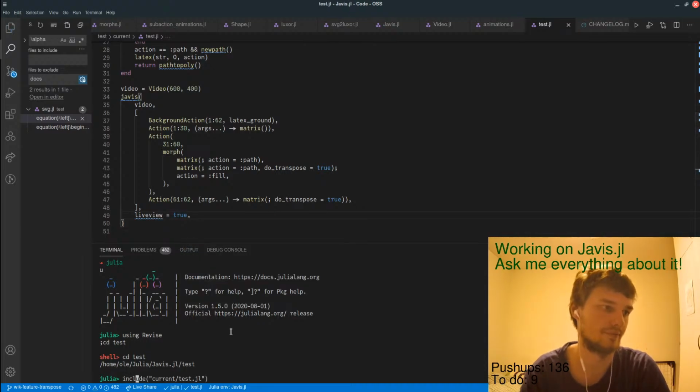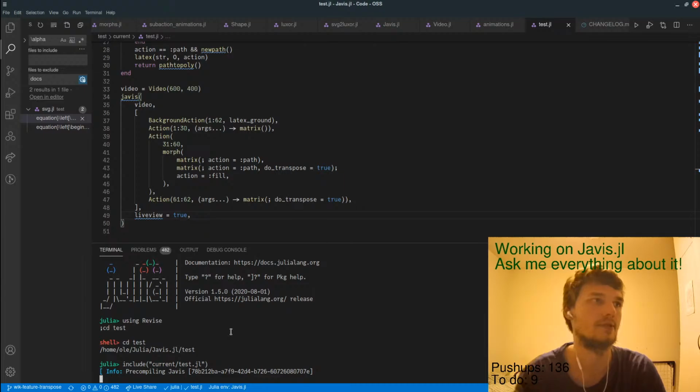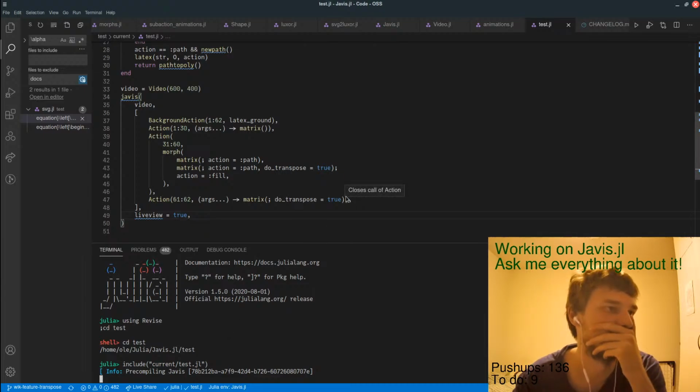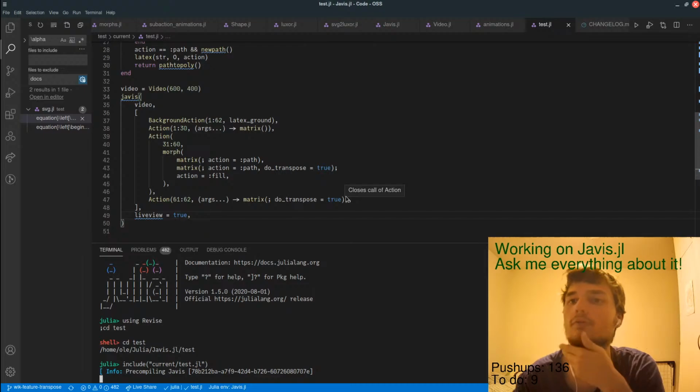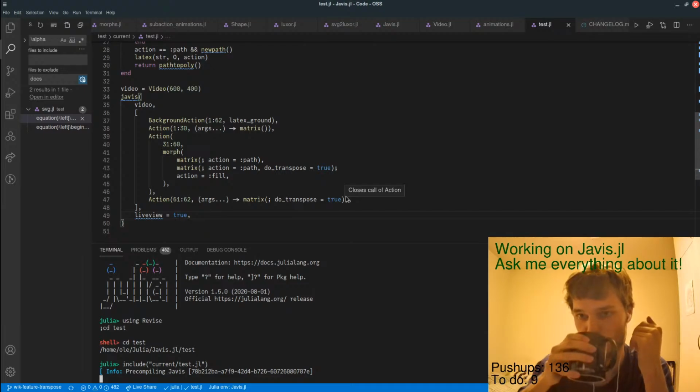Unfortunately, pre-compiling Javis takes quite a while, so we might need to wait for a bit. But yeah, let's have a zip first.